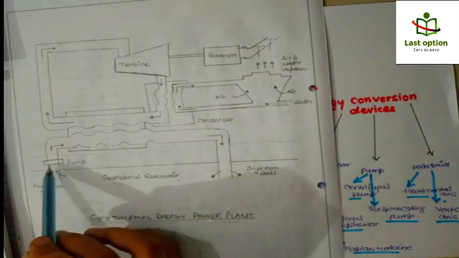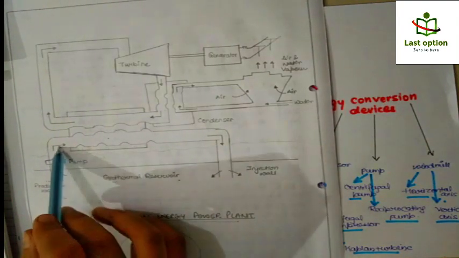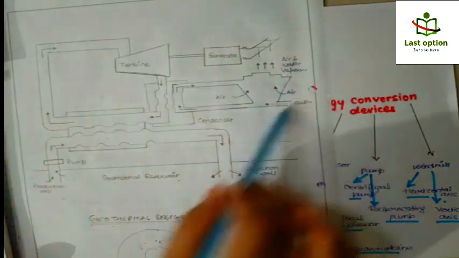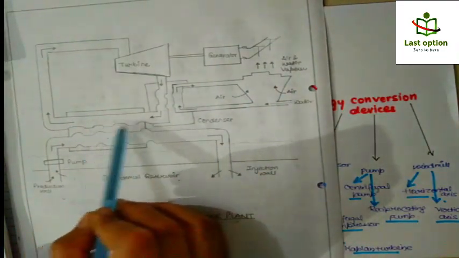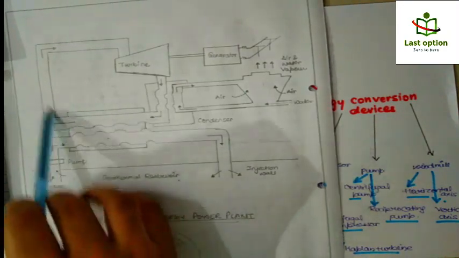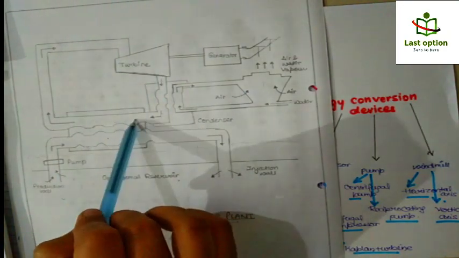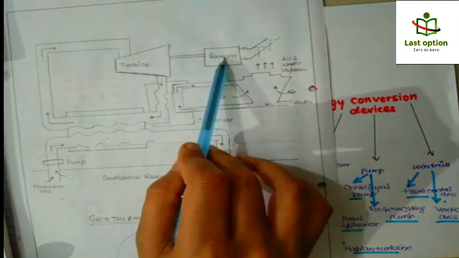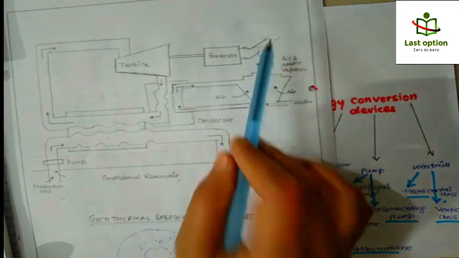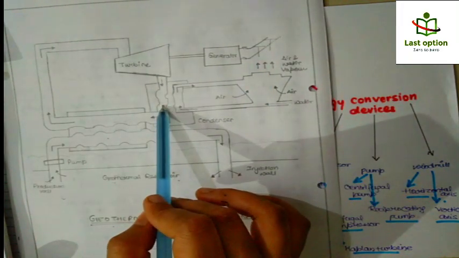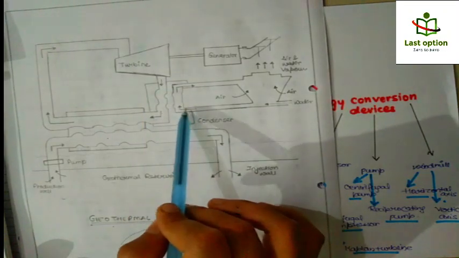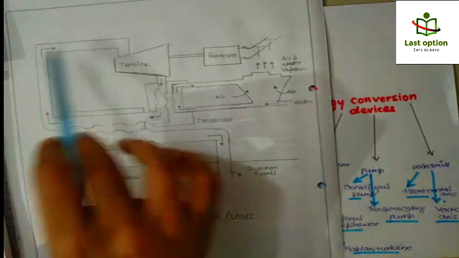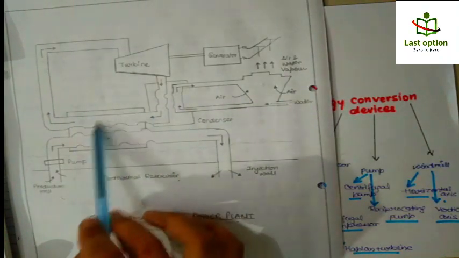All this is done by the pump. Without a pump we cannot take the water up. So this heat is used here, and this is the same setup that we had studied. The water is going here and becomes hot, then steam, and goes to the turbine. The turbine rotates and generates electricity in the generator. The remaining steam comes here, is used to cool down, and then is taken again and reused.